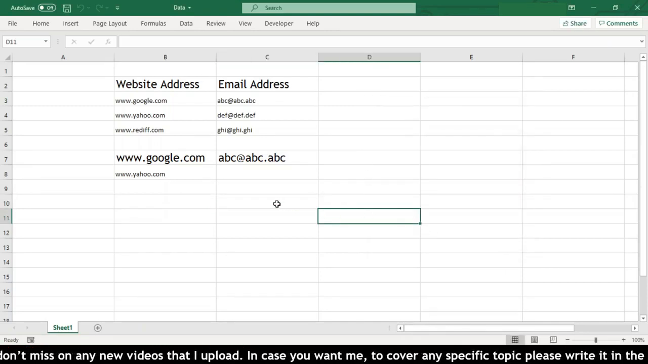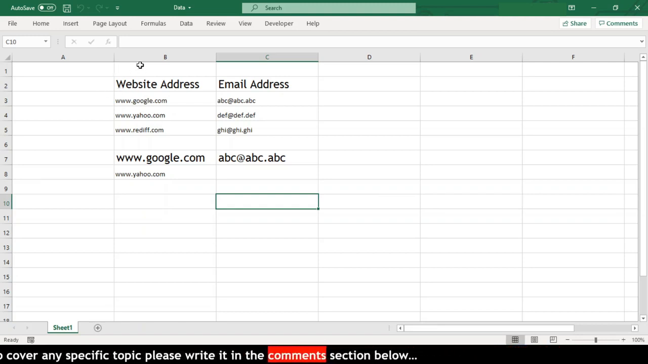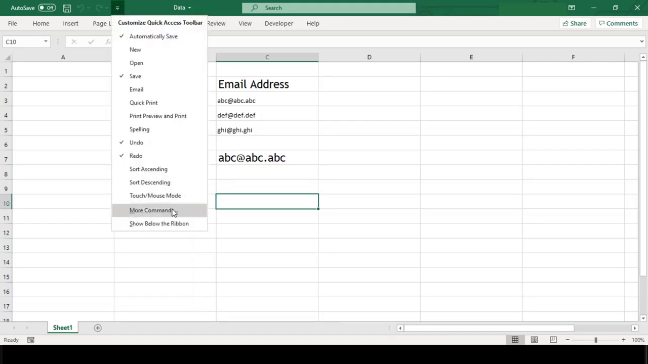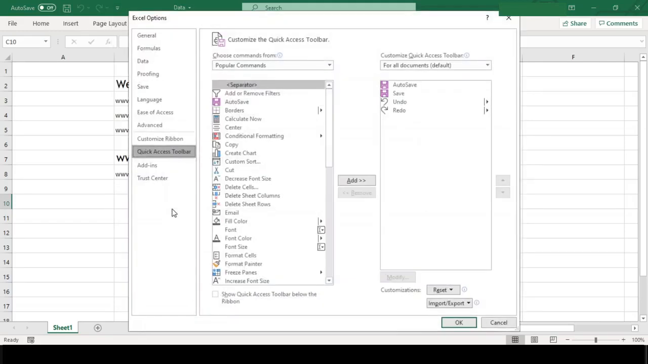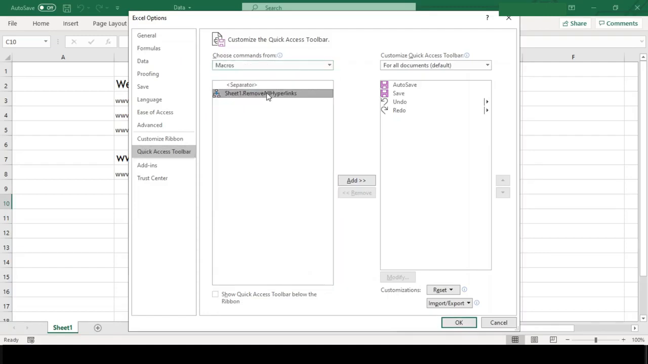But instead of keyboard, if you are a mouse lover, then you can create a shortcut button which will be available on the Excel window header besides our file name. For this, click on this small arrow and select More Commands from the menu. This will open the Excel Options dialog box. Then change the command from Popular Commands to Macros and select the name of our macro code from the list